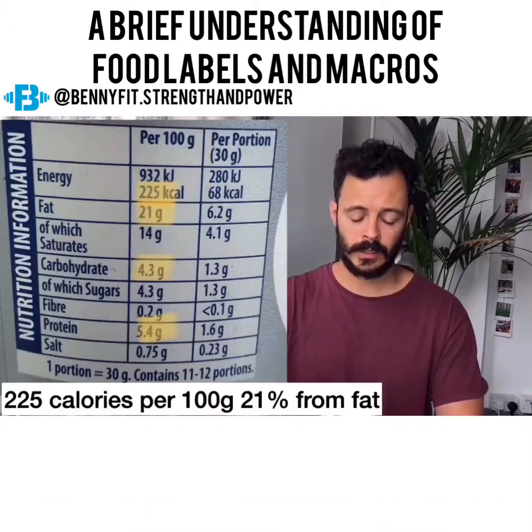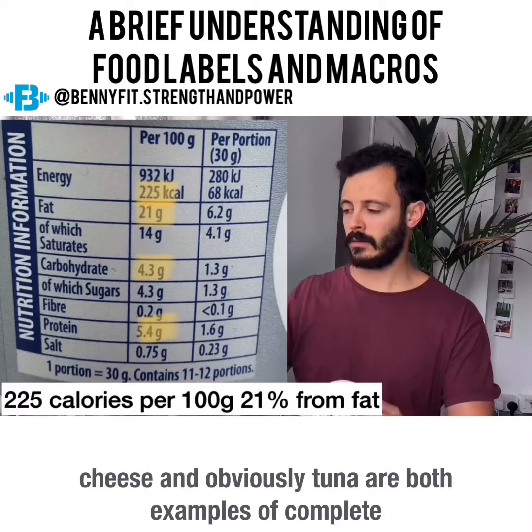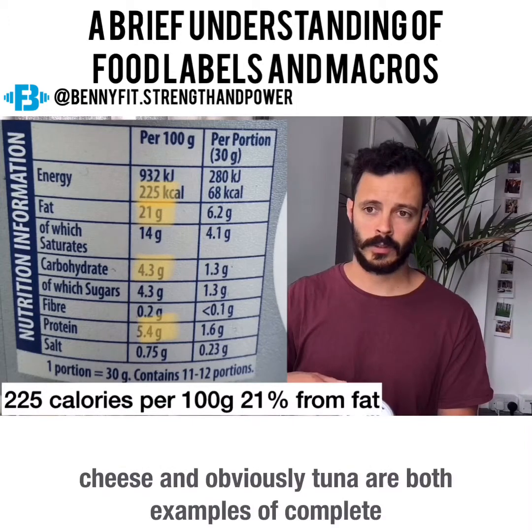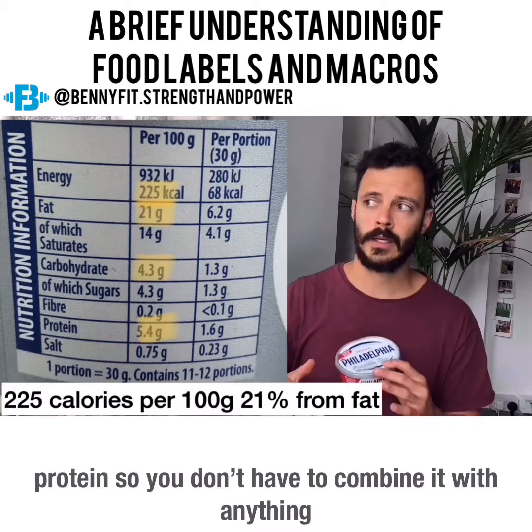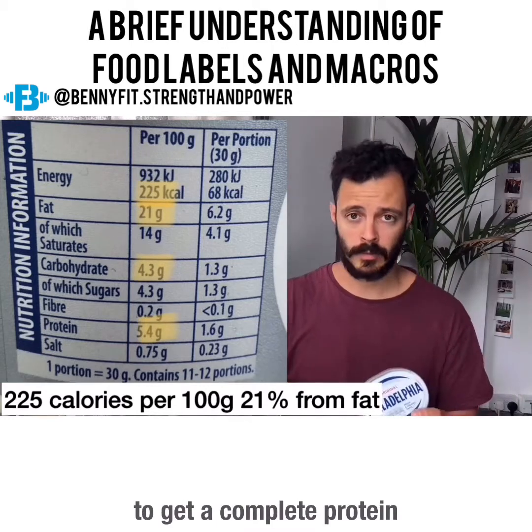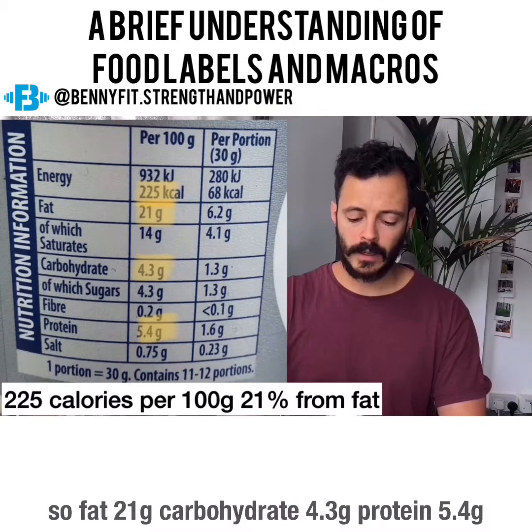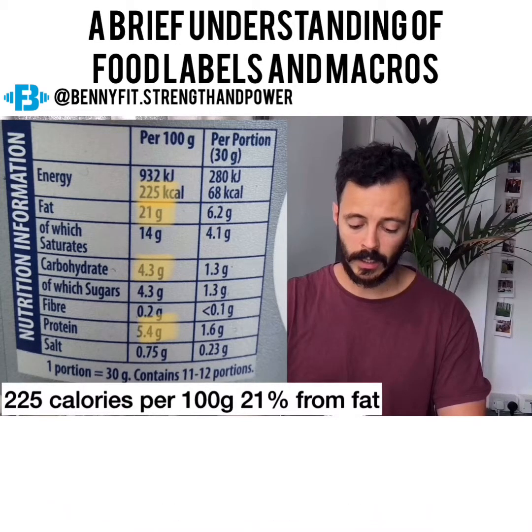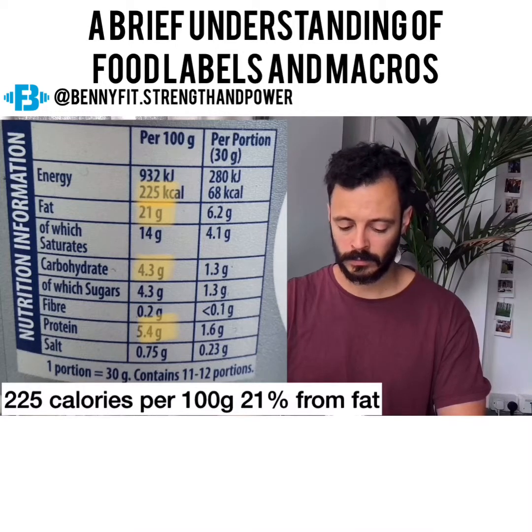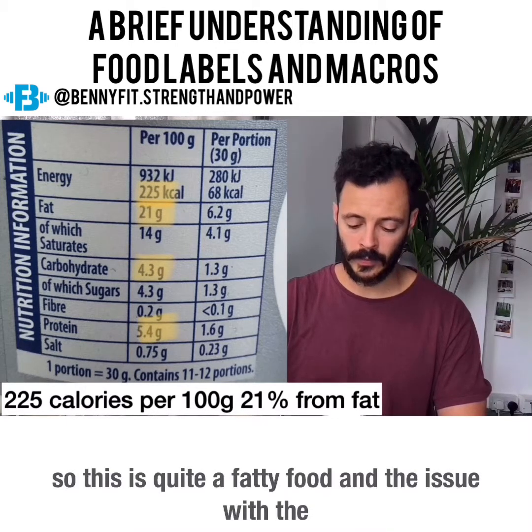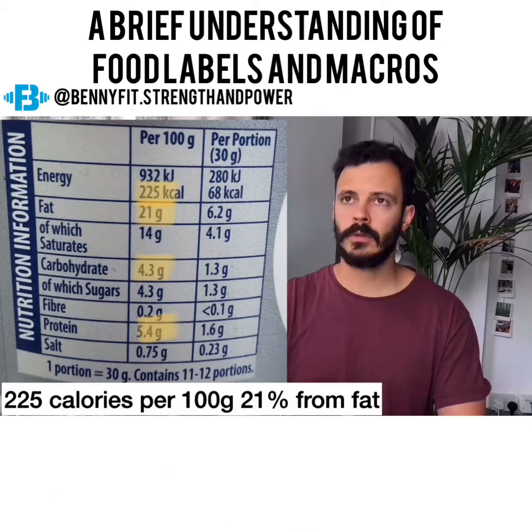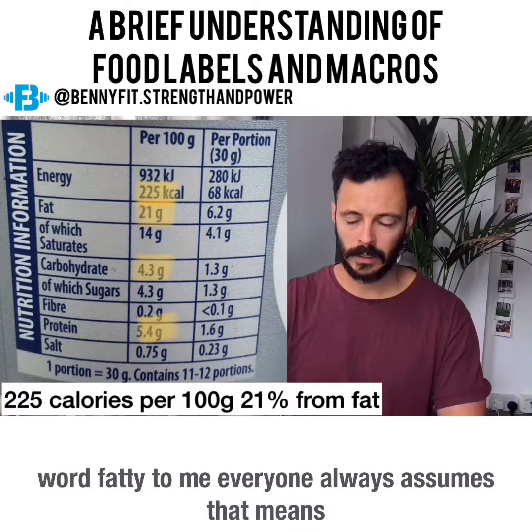I've got some cream cheese here. Cheese and obviously tuna are both examples of complete protein, so you don't have to combine it with anything to get a complete protein. So fat, 21 grams. Carbohydrates, 4.3. Protein, 5.4. So this is quite a fatty food, and the issue with the word fatty, to me, everyone always